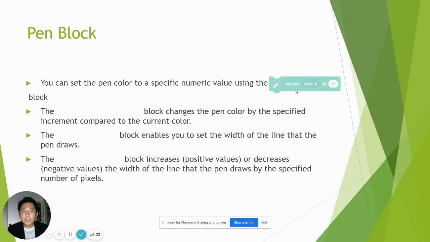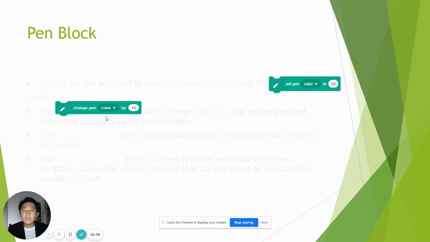The second way is you set the color using a specific number. And then once you've set the color, while you are drawing, you can also change the color. This is the command for that. All right, so now let's move on, guys, with the